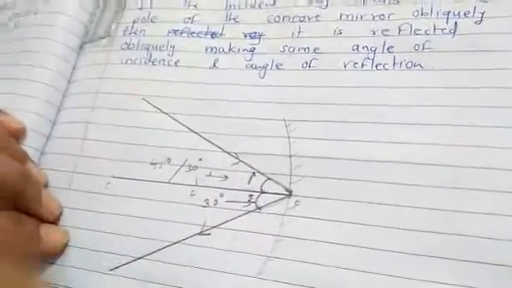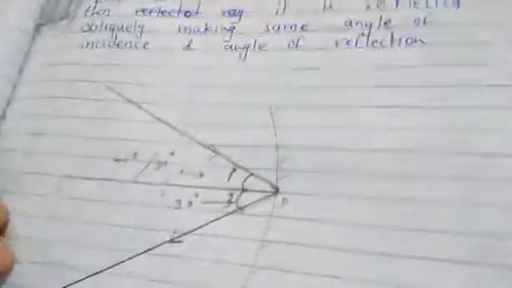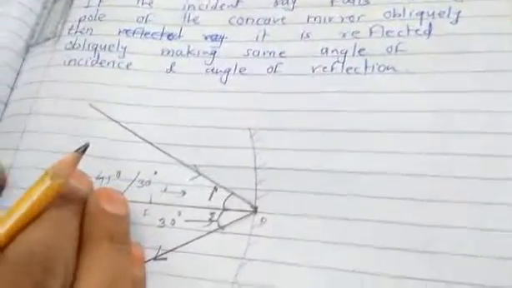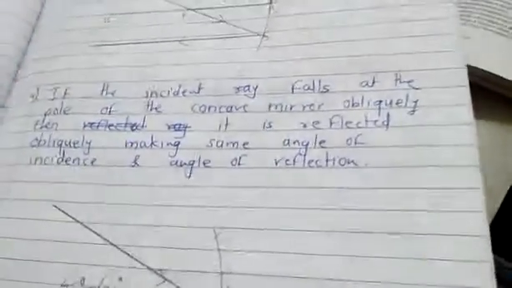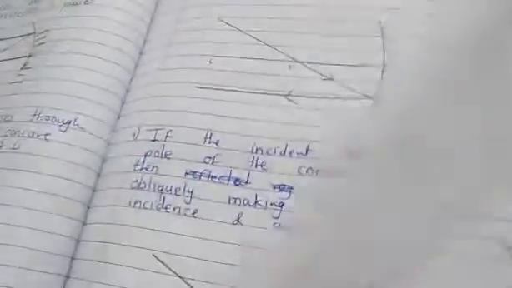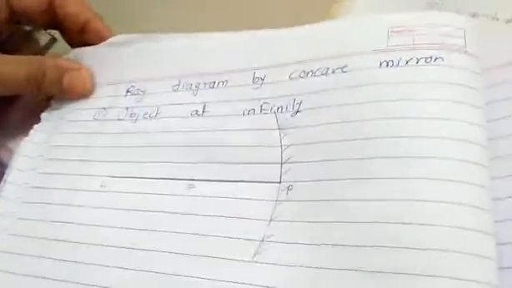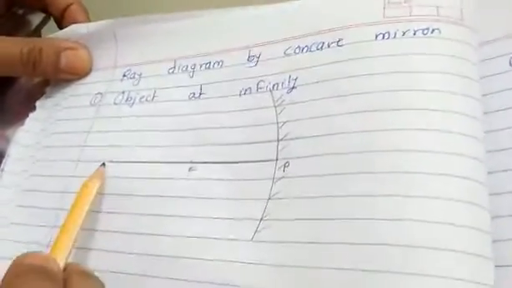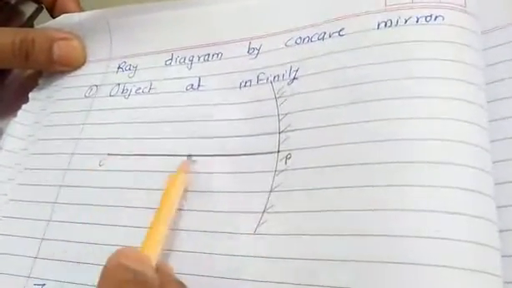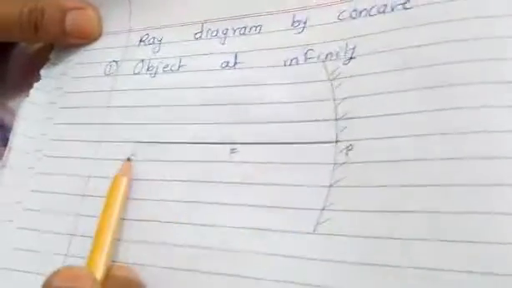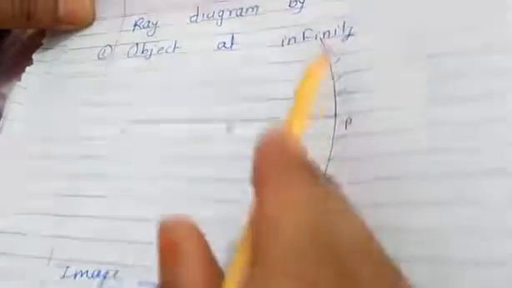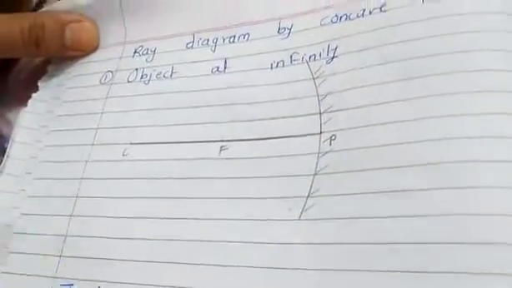If you know the rules, then you can draw the diagram. So these are the rules basically. Now we have to actually draw the diagram. For drawing a ray diagram, we have to take these 6 cases. Now we will keep everything the same. Here again an 8 centimeter line, with 0, 4, 8 marking. Here we have C, F, P. This is the concave mirror. Now by using the rules we have to draw the diagram.